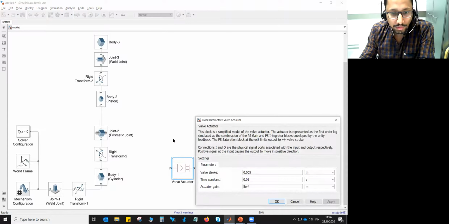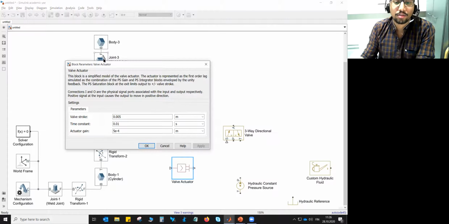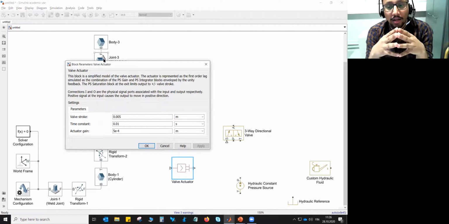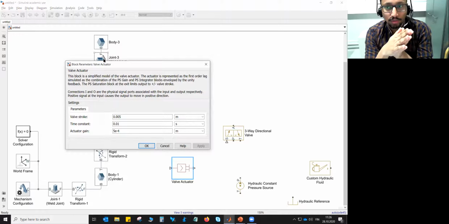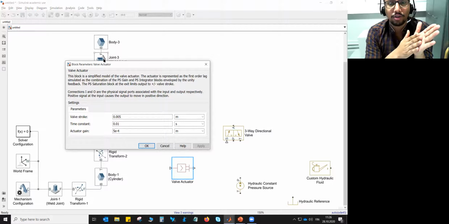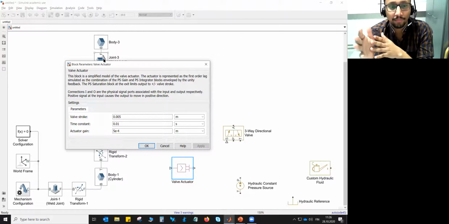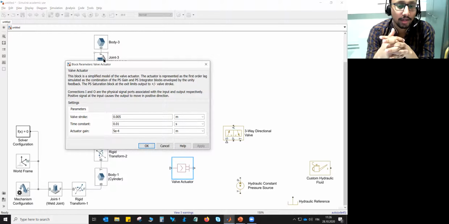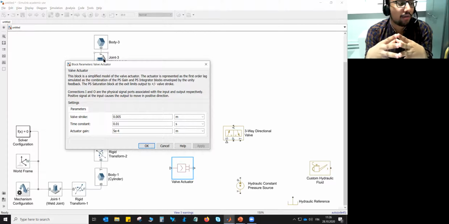Now in the valve actuator, try to understand this thing. The valve actuator actually provides a sort of signal to the directional control valve, which tells the valve which way it should be, way 1, way 2, way 3. So accordingly the circuit will be connected, and this is provided in the form of a voltage signal which ranges from -10 volt to +10 volt.